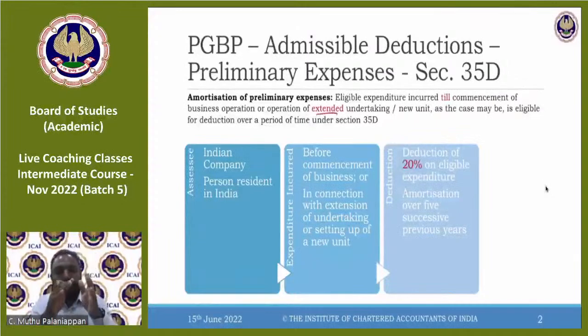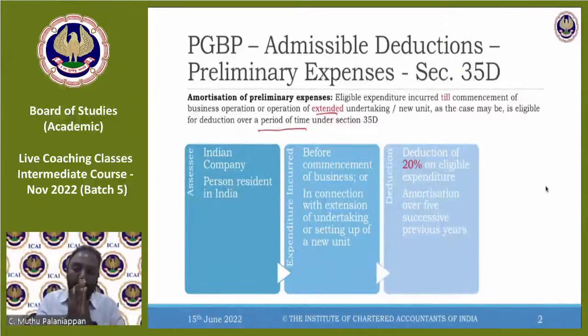Let's say I have one unit, nearby I'm building up another unit and I'm starting that. That's also some expansion, some major expansion, which will increase my production facility. So it's a new unit or an expansion that is being undertaken, and that could also be considered as preliminary expenses. For these expenses, income tax says you can claim this over a period of time. So what is the procedure to claim? What is the eligibility? What is the condition? We are going to see that one by one.